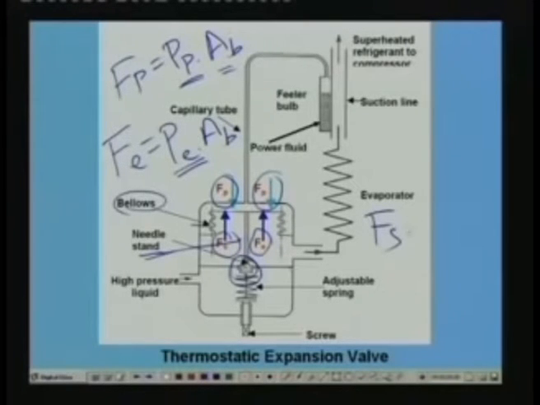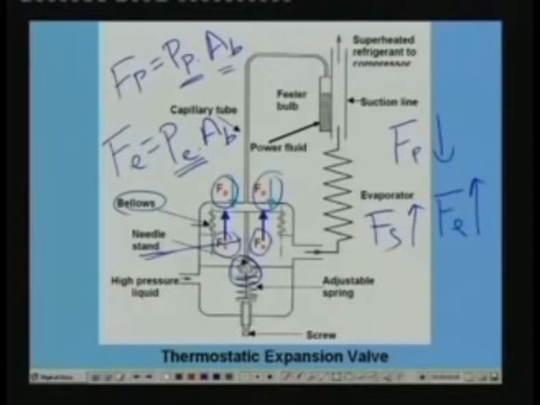Okay, so spring force Fs is acting upwards, and force Fe due to evaporator pressure is acting upwards, and the force due to the power fluid is acting downwards. Okay, so the point at which the balance takes place is the steady state, and at what point the balance takes place, that decides the area available for the refrigerant flow through the orifice,